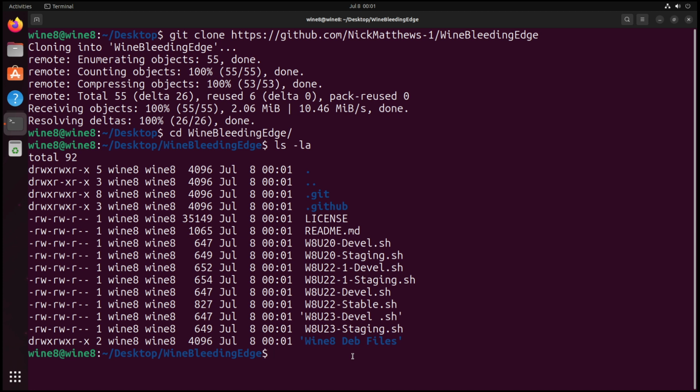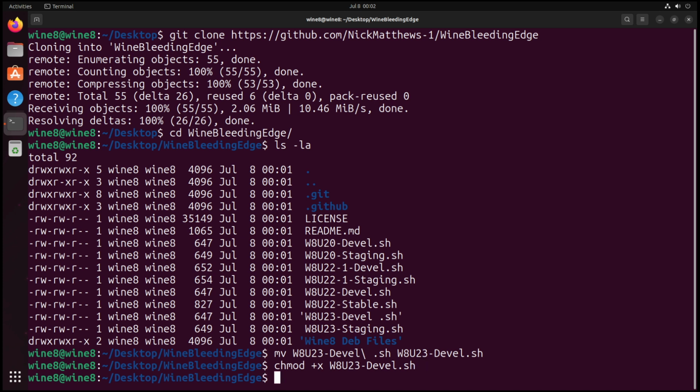But we will do the development. So we need to move that first. So move W8U23-devl to W8U23-devl.sh, and we want to do chmod +x Wine8 Ubuntu23 development.sh. And what that does is it then changes the modifier to executable, and we can then just give it